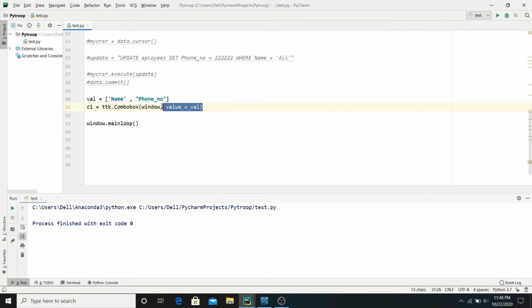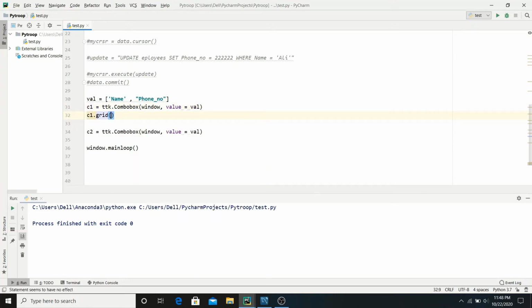Now just grid it. Let's create another one and name it C2, and the values are the same for this as well. Now C1.grid, let's grid it, row 0, column 0 as well.